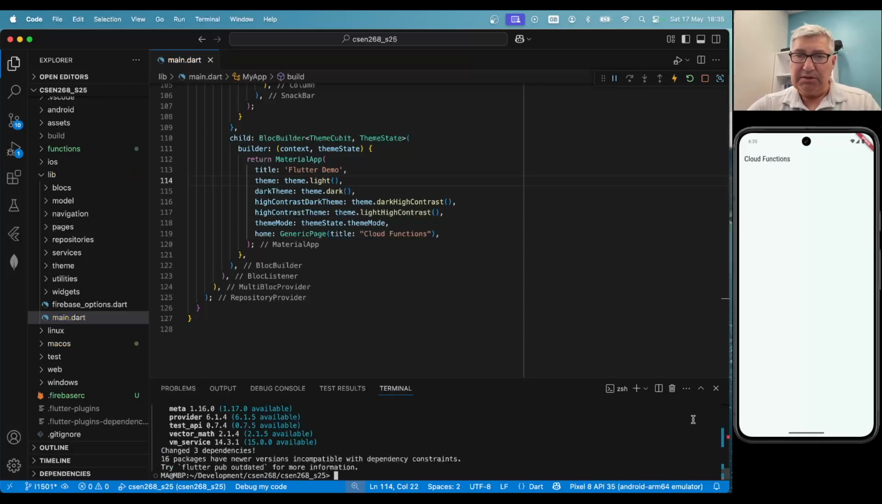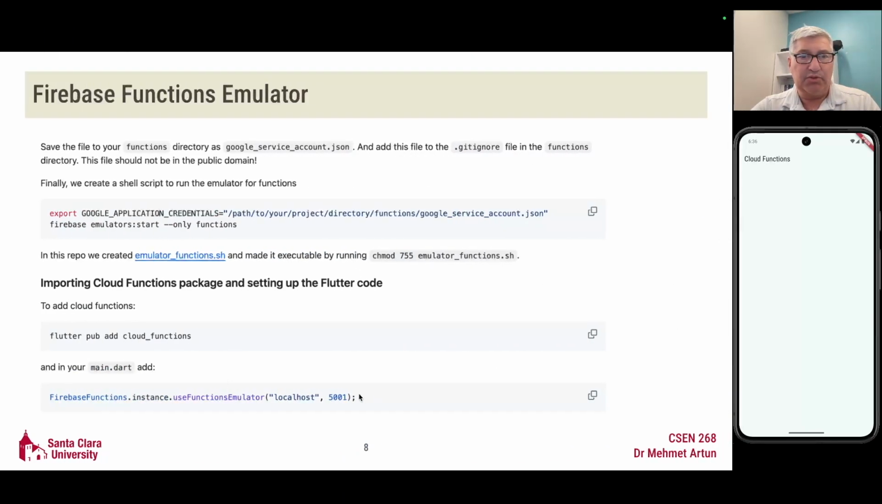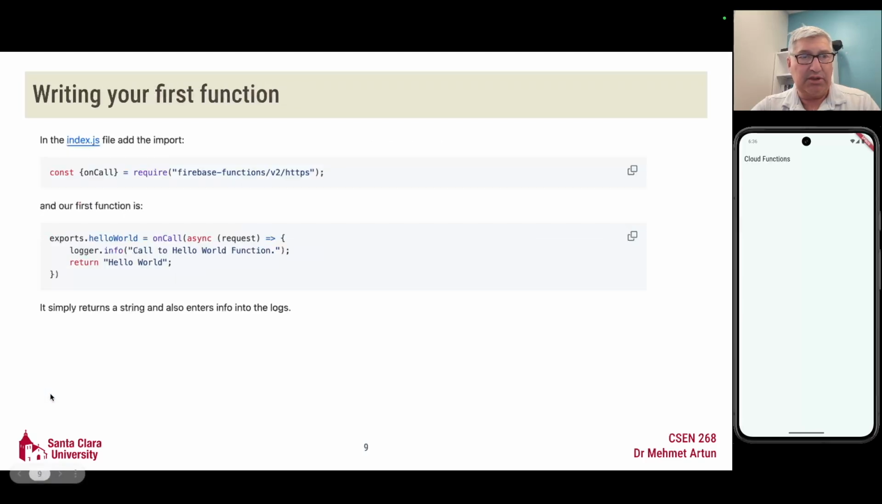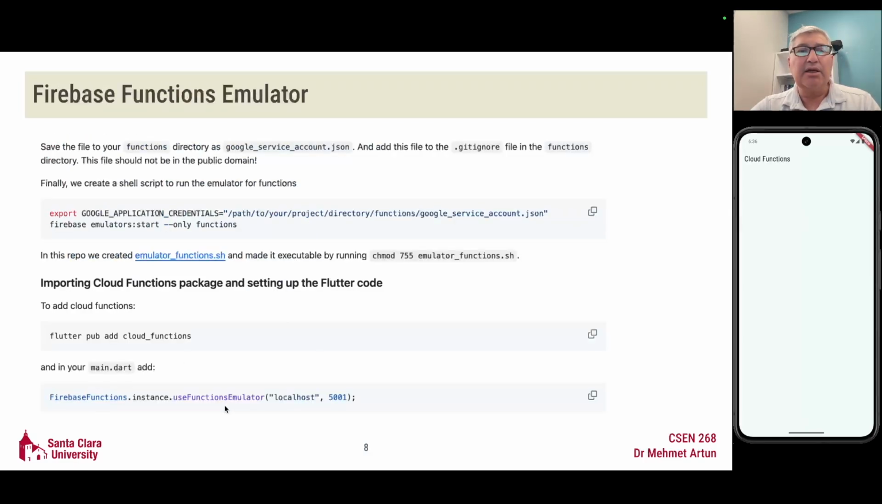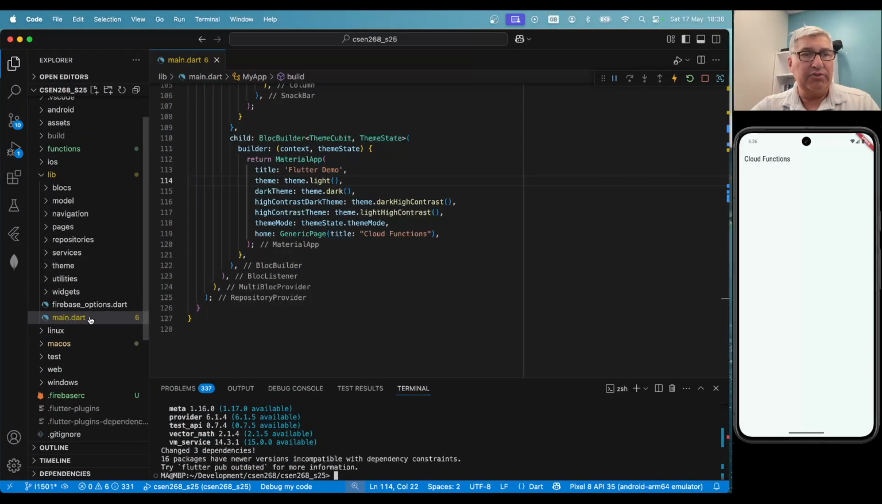Okay, very good, we have that. Now, the next thing I need to do is use the Functions Emulator command to connect to the cloud functions. So therefore I go to main,